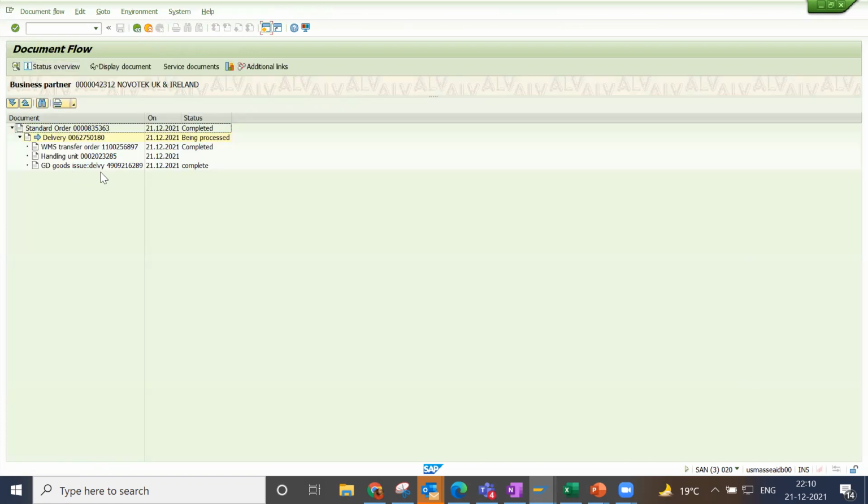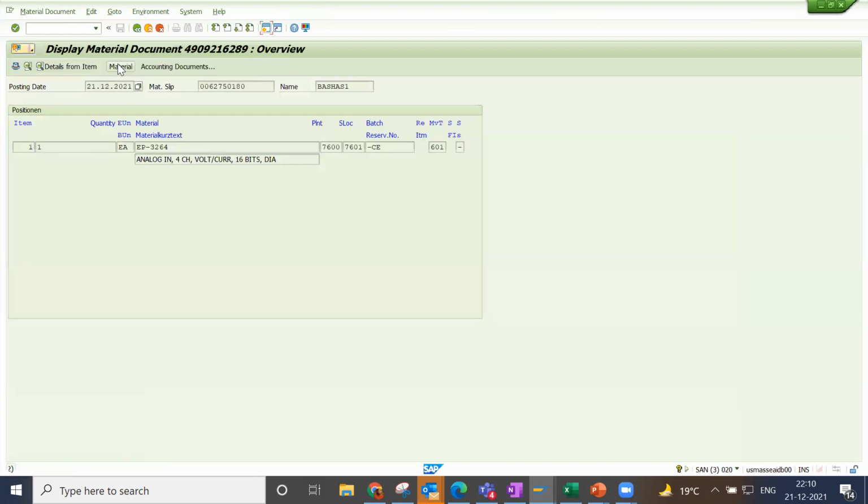See here, the system has generated the inventory document. This is where finance comes into the picture. So an accounting document is generated.